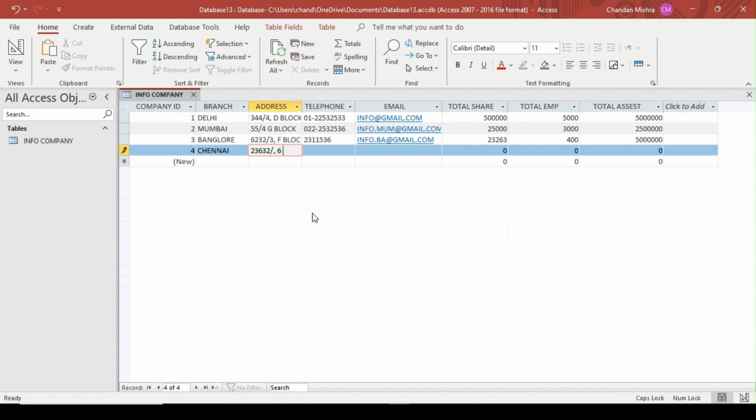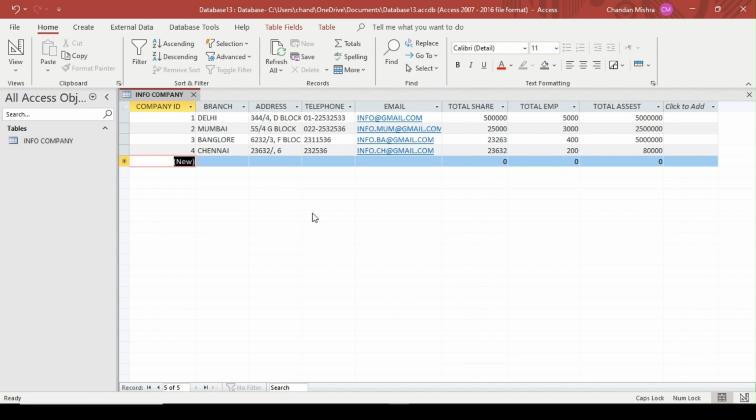First of all, we just feed data, and our agenda here is how to connect a table to each other. cs@gmail.com, simply type, and suppose this one is here, and total employees work 200, and now total number of sales suppose 80,000. Okay, so we simply press Ctrl+S. Here the first table is created. Okay, now we can